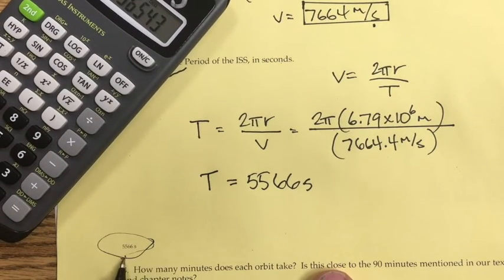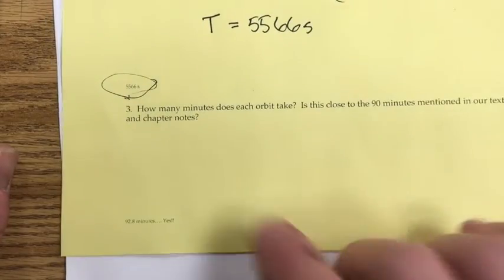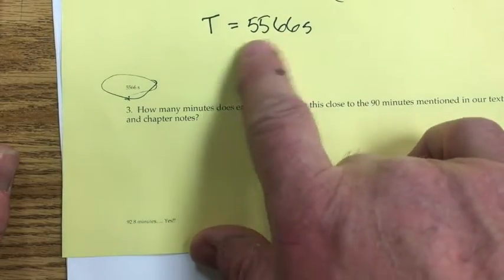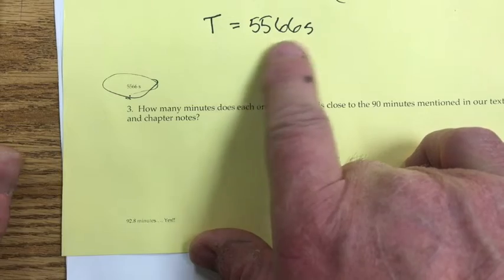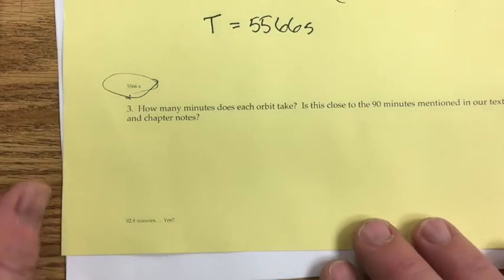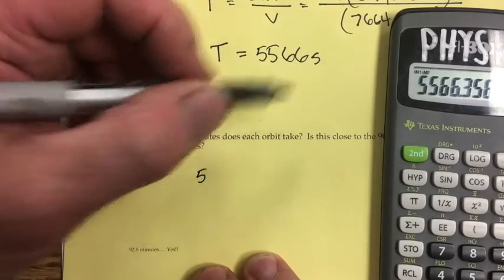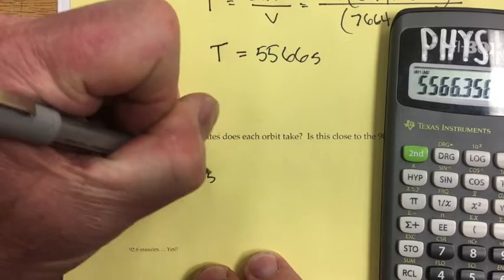Now, earlier I told you, and that's the answer at the bottom of this section, that it takes about an hour and a half for an object in a low Earth orbit to make one trip around the Earth, the International Space Station, for example. Let's see how many minutes is this 5,566 seconds. Is it close to an hour and a half? Well, we know that there are 60 seconds in a minute. So if we want to convert the